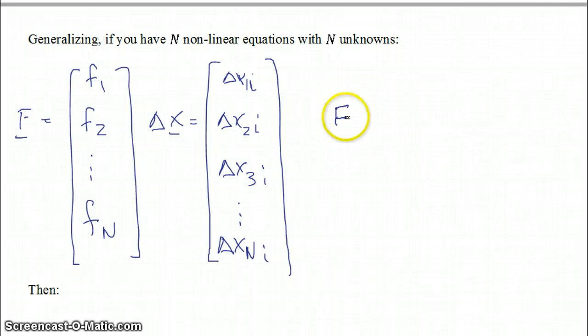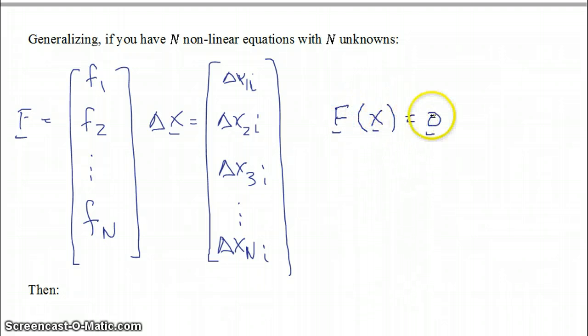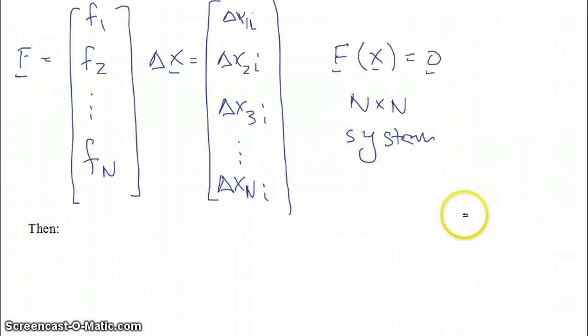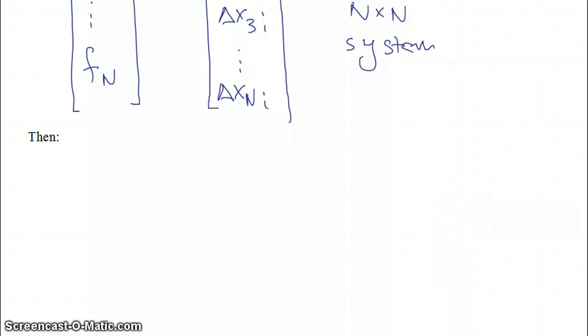And if I were evaluating this system f as a function of x equals 0, so this is an n by n system,